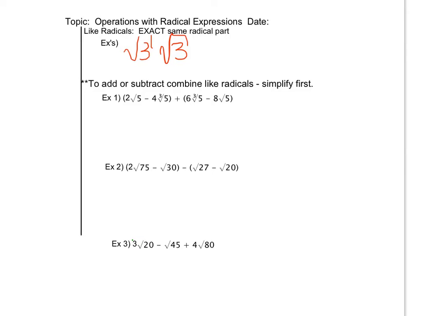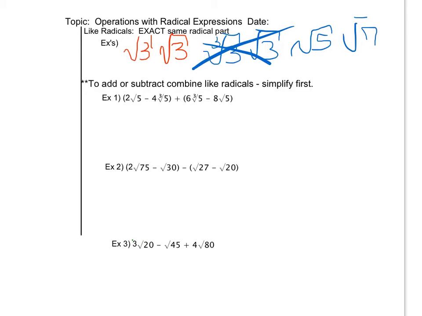Looking at some more examples here real quick, if I had the cube root of 3 and the square root of 3, those are not like radicals, because this one has a cube root and this one has a square root. So they have to have the same value underneath and the same radical. If, for example, I have the square root of 5 and the square root of 7, even though they are both square roots, since the value underneath is not the same,